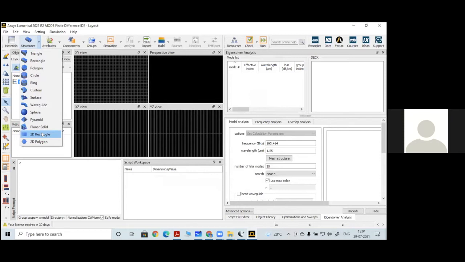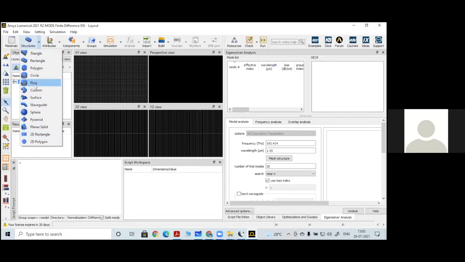If you want to deposit one graphene layer on any face of a 3D object, you can choose this 2D rectangle only for the graphene. If you are doing graphene-based research, you should know this 2D rectangle is the default layer we select for coating the graphene layer on any one side of the three-dimensional object.